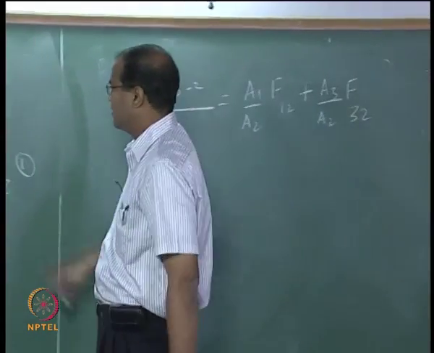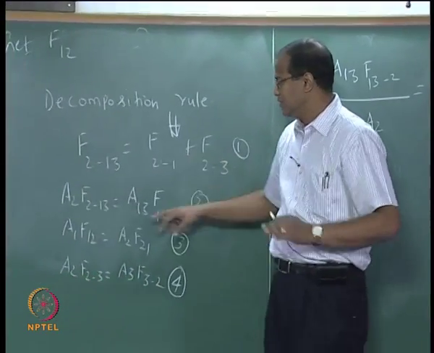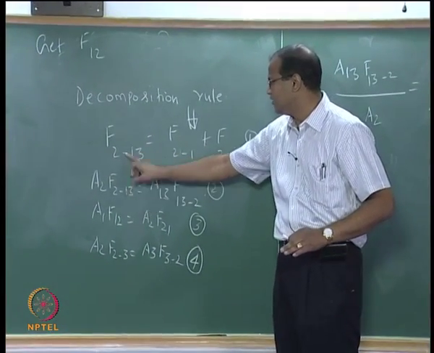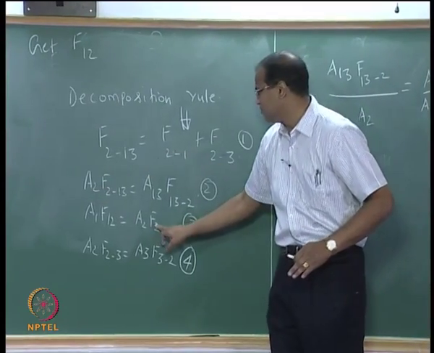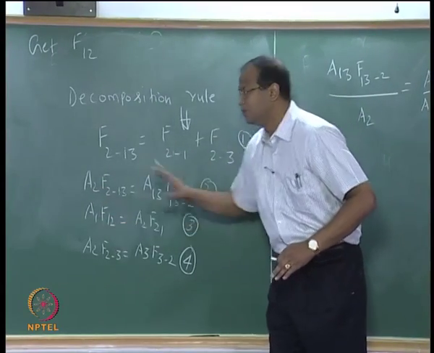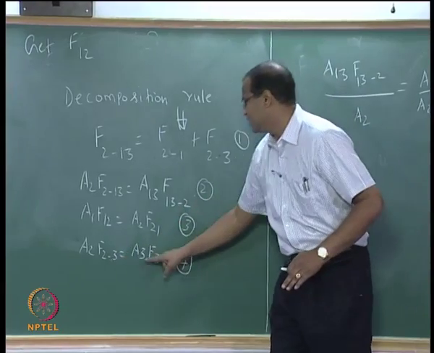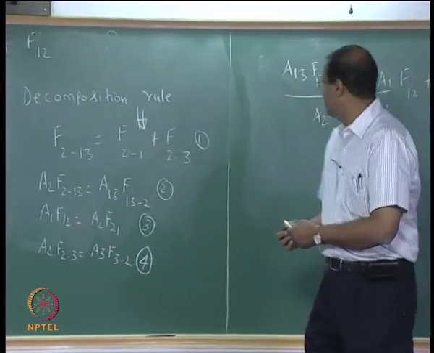I did not do any magic here. I assume that this is correct first. Then wherever F2 to 13 was there, I am writing F2 to 13 as A13 F13 to 2 divided by A2. F21 I am writing as A1 F12 divided by A2. F23 I am writing as A3 F32 by A2. Now